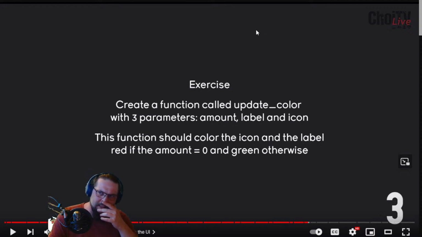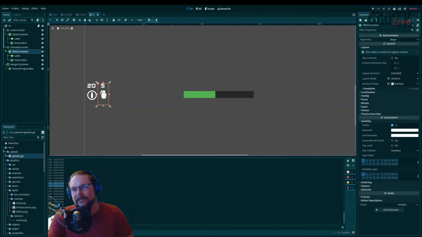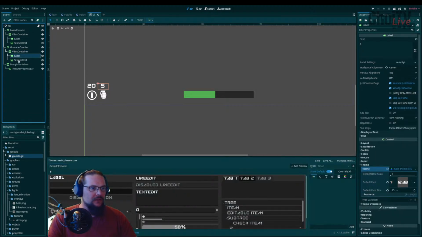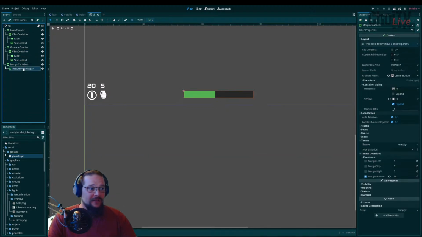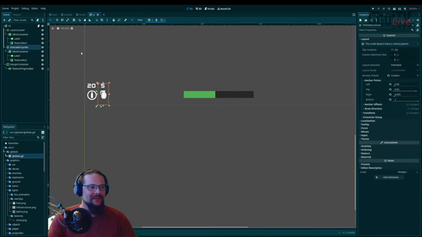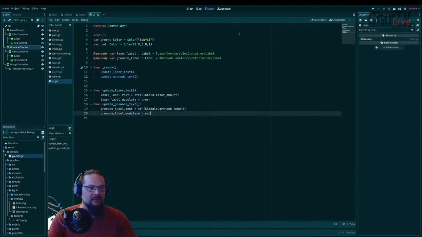Why would you do the label and icon separately if they're doing the same thing? We're not gonna have anything else in this VBox container. I don't want to go gung-ho and do it on my own and mess up the code if he has something else in mind after that. You know? So, yeah. Let's do it the way